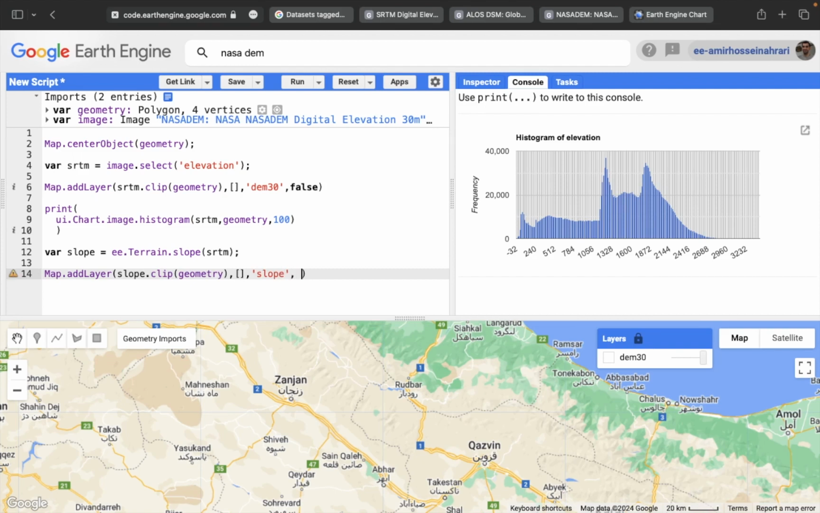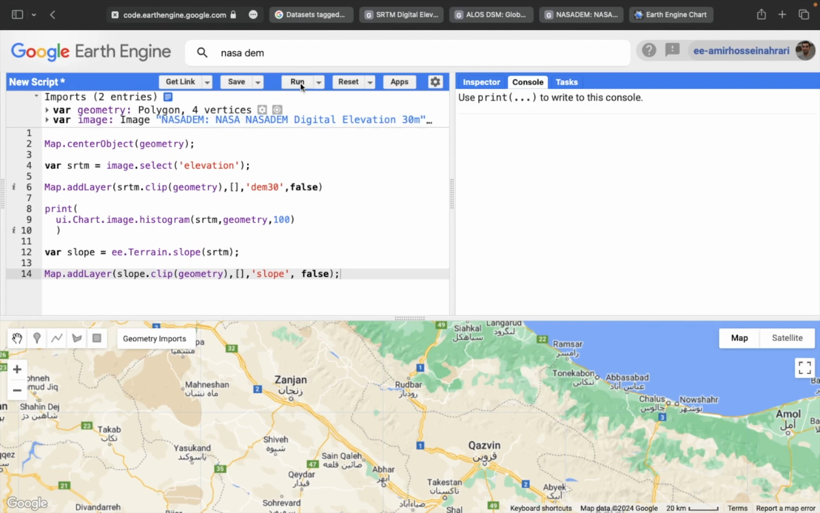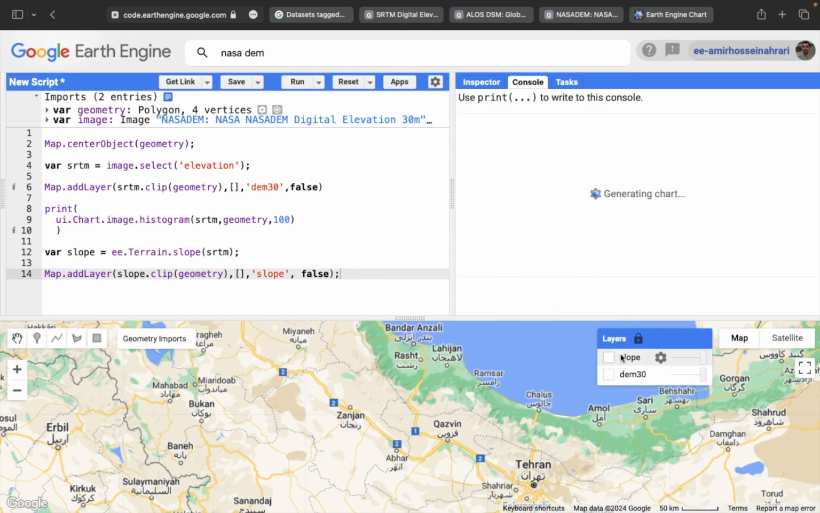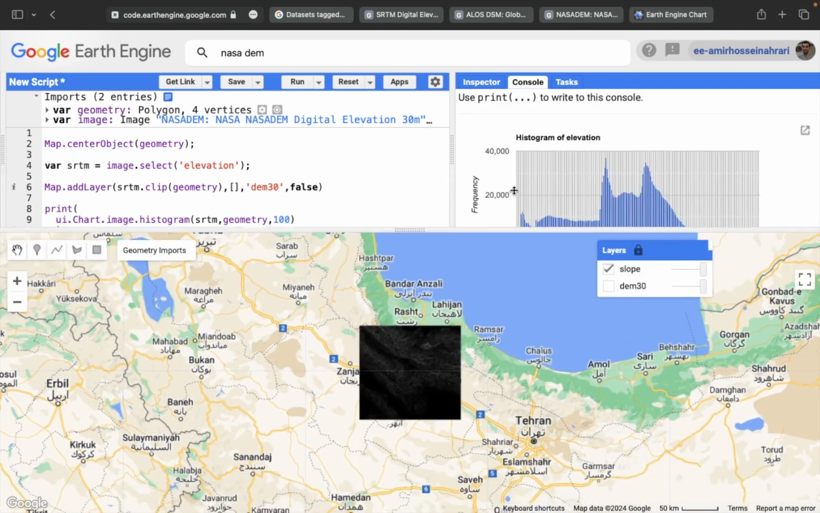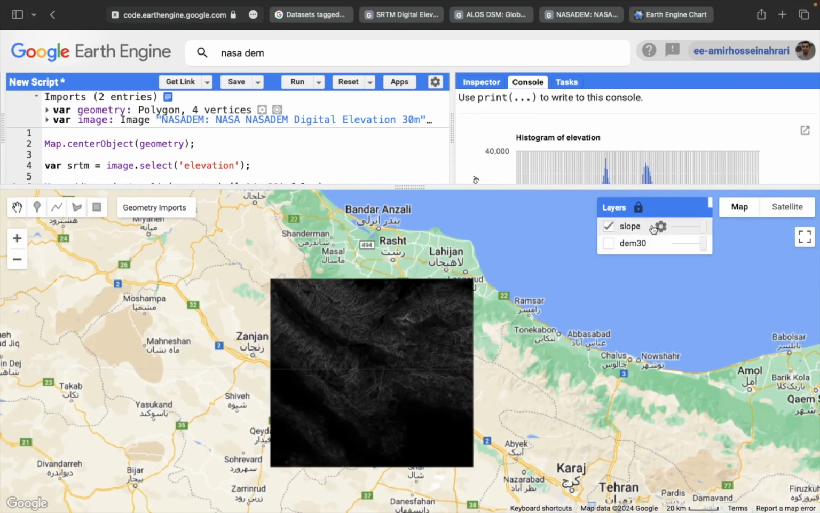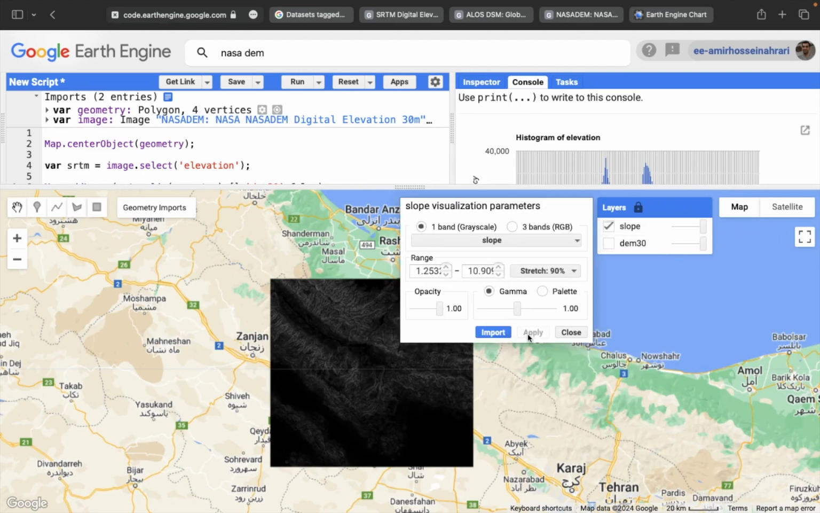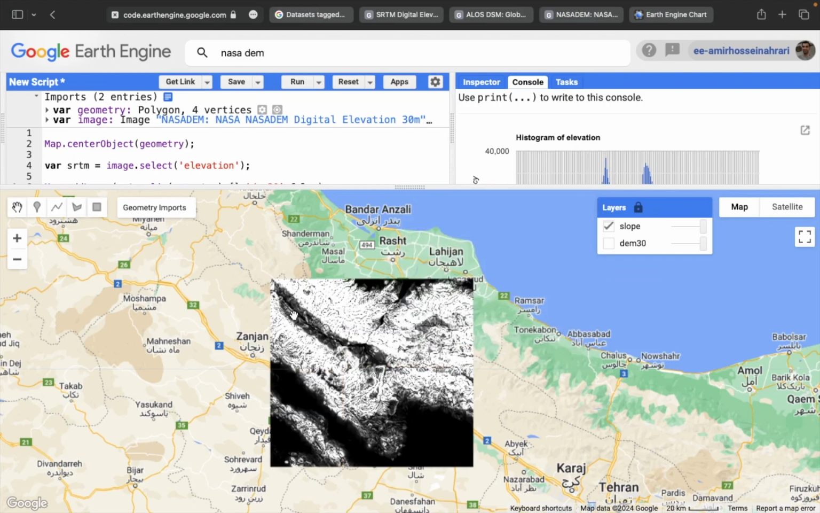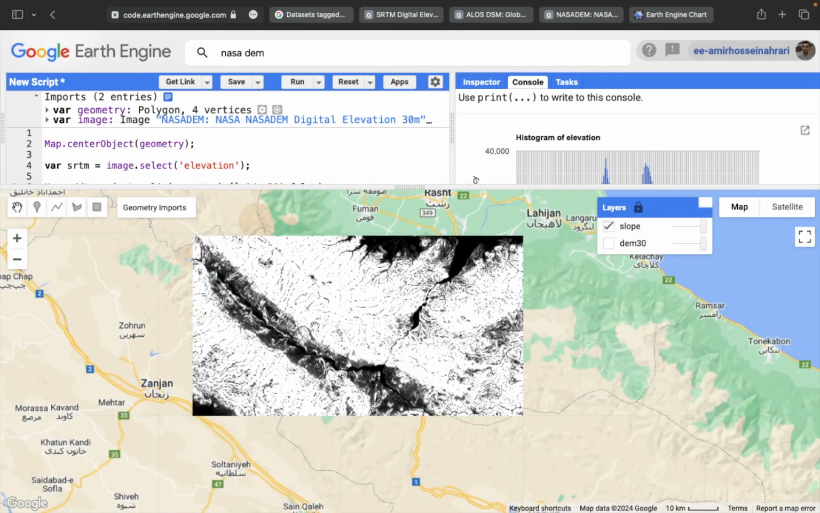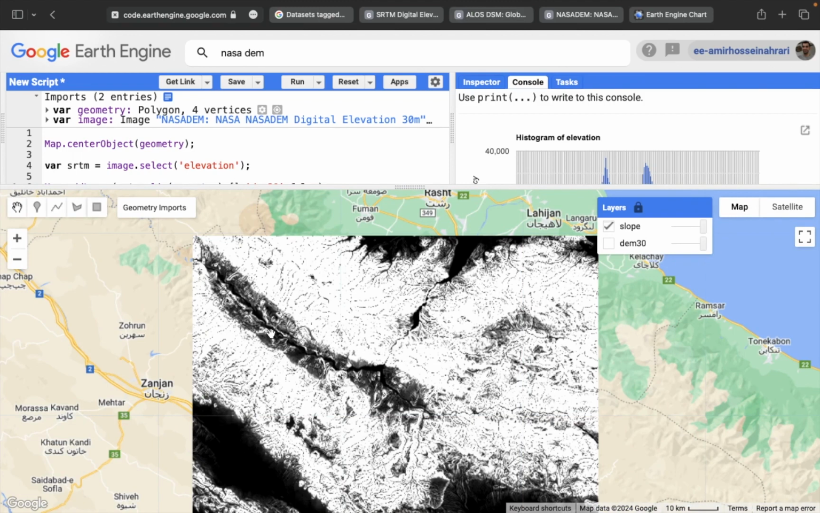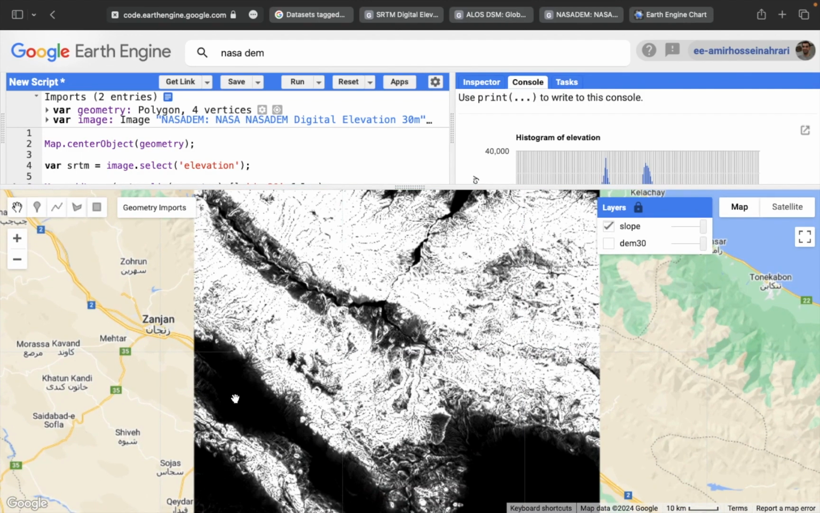And then the next part we have, after slope, you should input false here or set it false to avoid automatic visualization. Run the code again, and a slope is available. Just zoom in and increase the contrast. The slope is based on degree here, and the higher slope shows brighter,